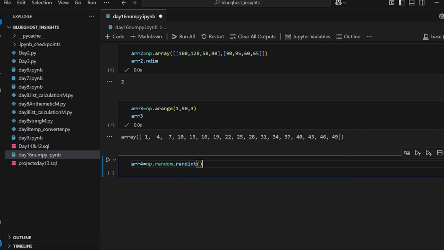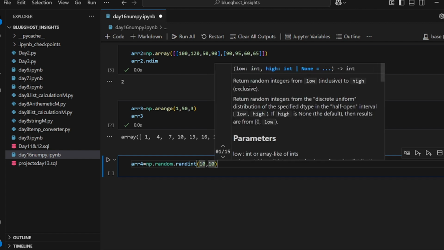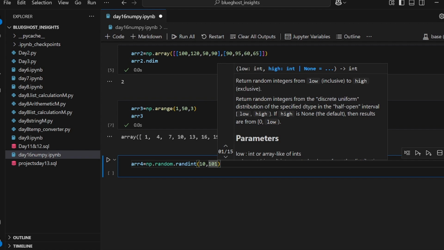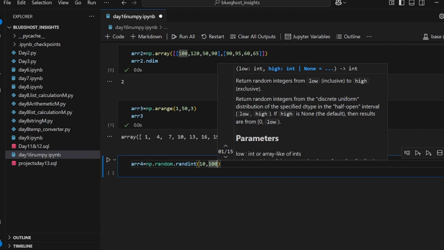So we have this over there. I wanted to choose from, let's say, 10 to 100. If I want to see 100 inclusive, I have to add 1. If I don't want to see the 100, I will stop at 100. So 100 will be exclusive. It's not going to be added to the sequence, right?